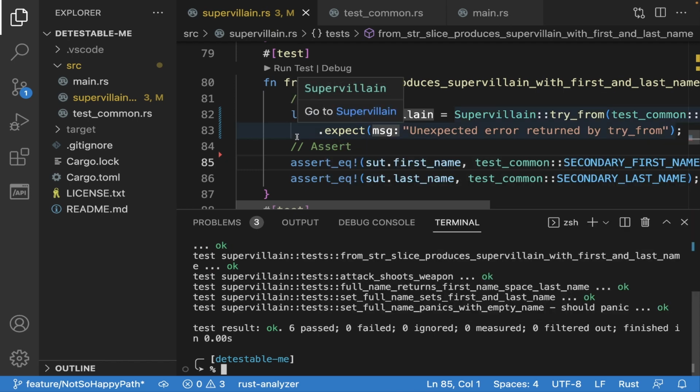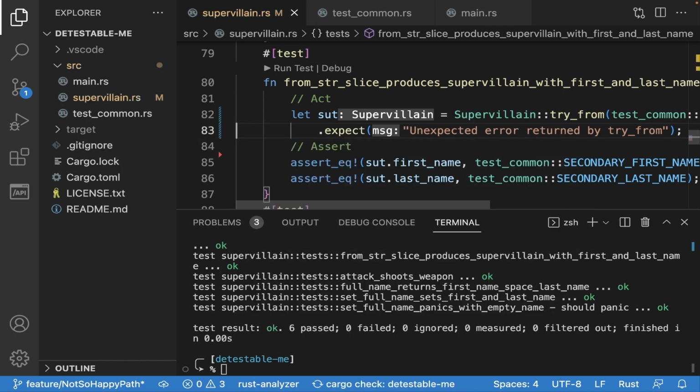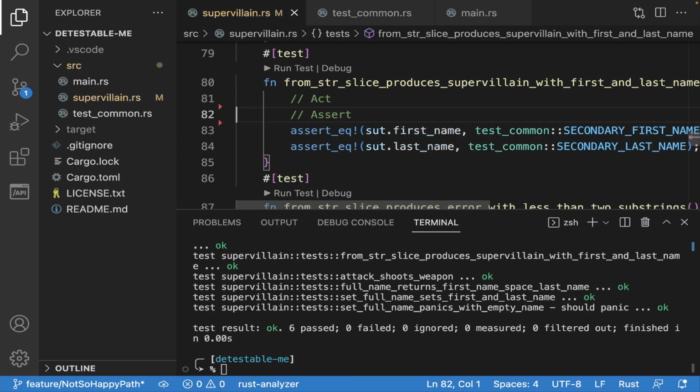Also, I would like to share with you another way of doing this, which is one that I don't use very often, but I want you to be aware that it exists. So instead of using this unwrap, we can use the question mark operator. So we can go here, select the 2 lines, delete them,